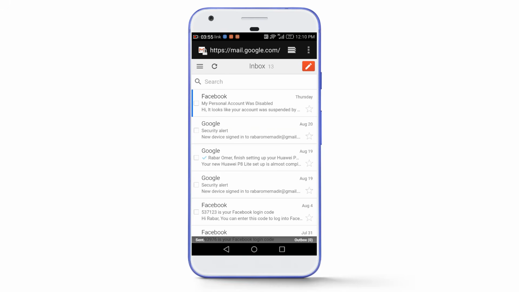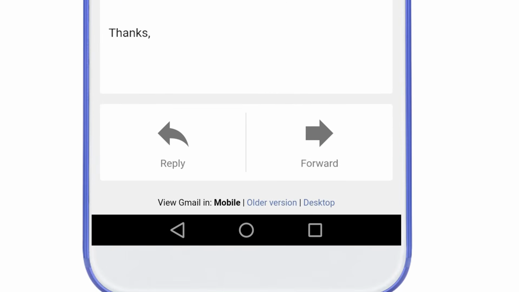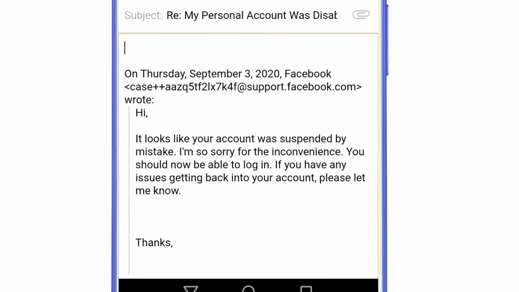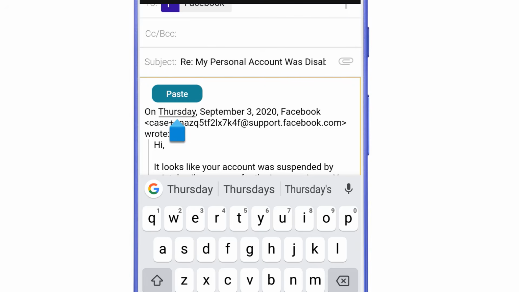Now we need to send the last email, so if you have any mail received from the Facebook team before, just go to that mail and then tap on this reply button and remove all this text. It doesn't matter whether you received an unlocked mail or the rejected documents mail, you just need to go to